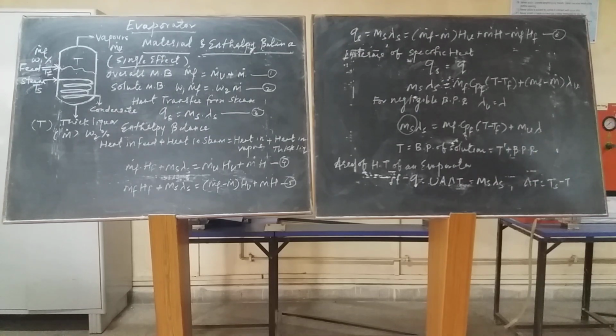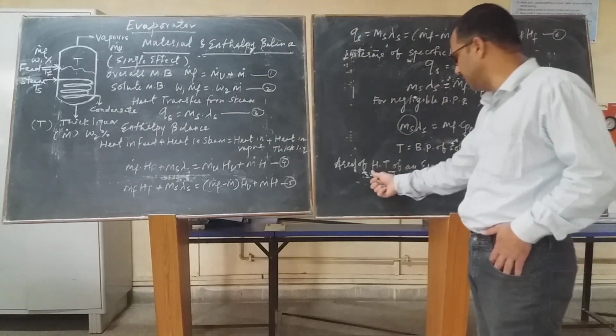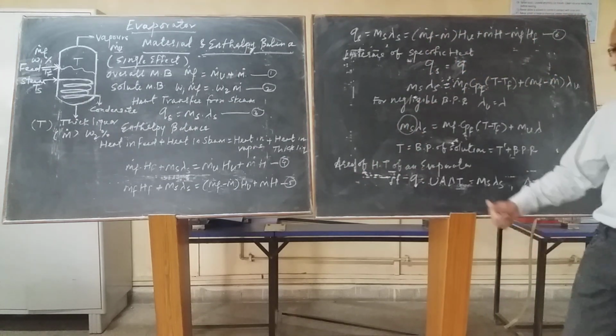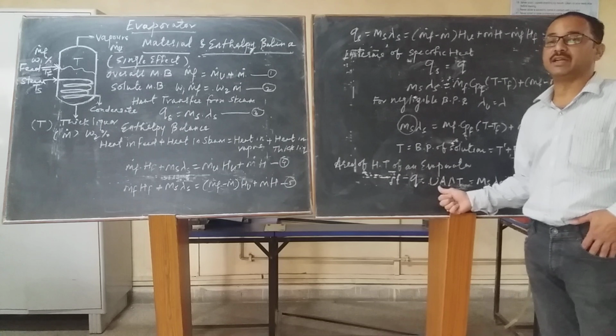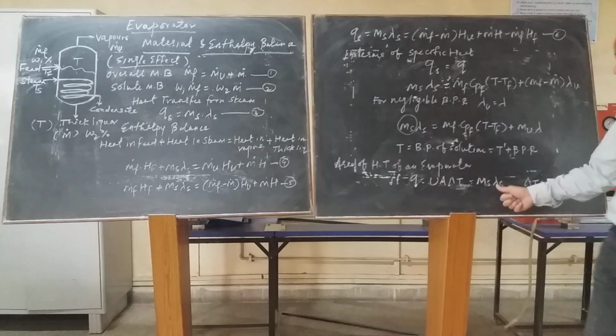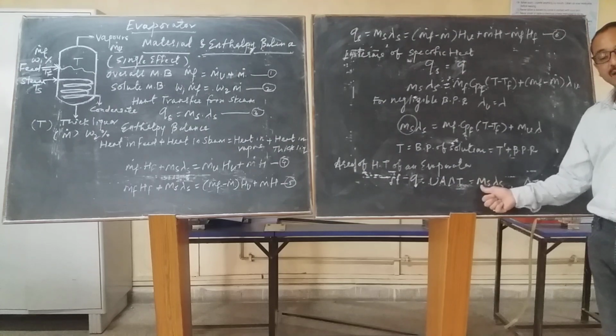Further, in the design of the evaporator, the area of heat transfer can be determined by rewriting the equation in terms of the overall heat transfer coefficient, where A, the area of the evaporator, is equal to the heat supplied